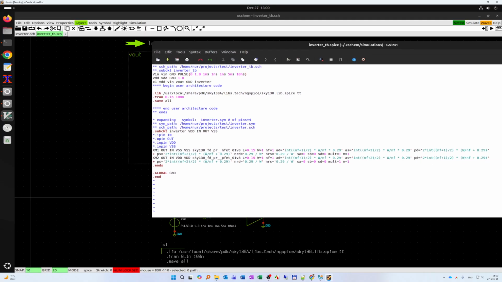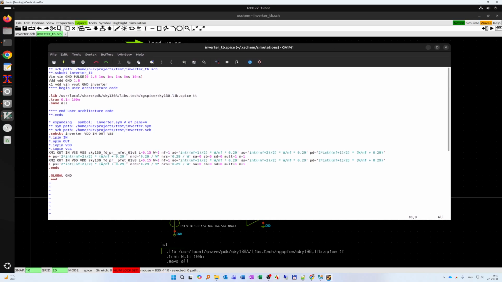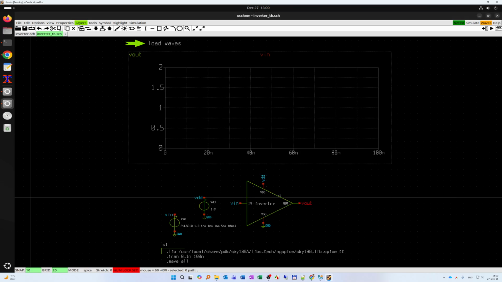And inside the subcircuit we have these two MOSFET transistors, which is the same as the schematic netlist that we just saw. Let me just simulate quickly,